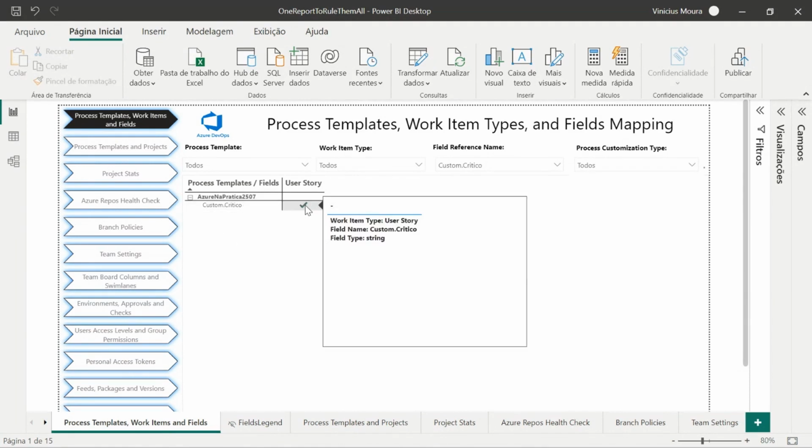And here I have a legend to exemplify my customization: data type, field name, work item type, and I show any customizations on different process templates on my Azure DevOps.